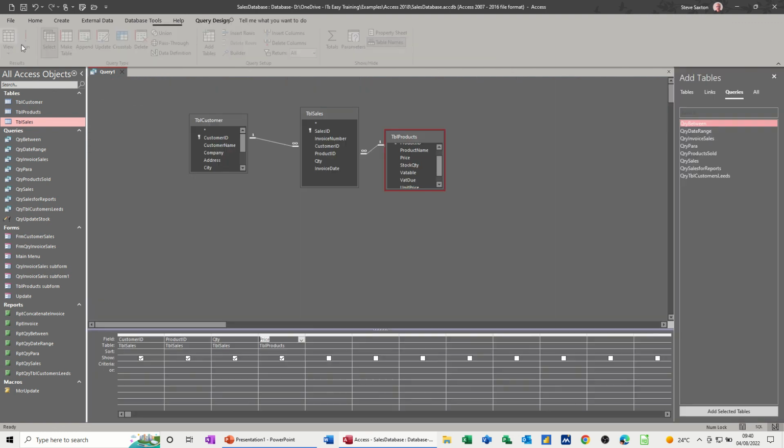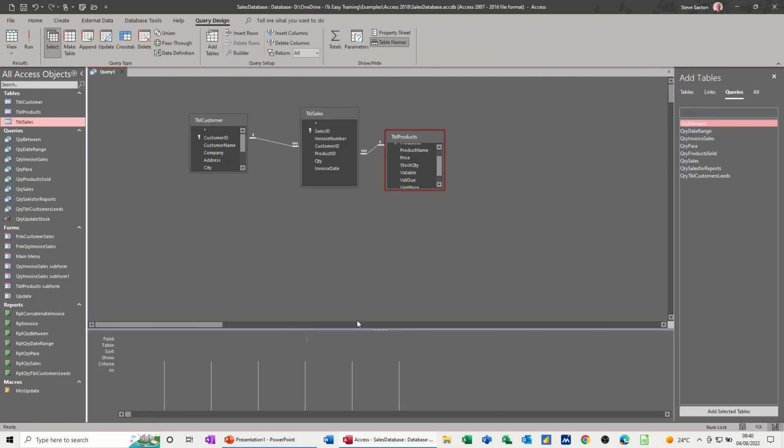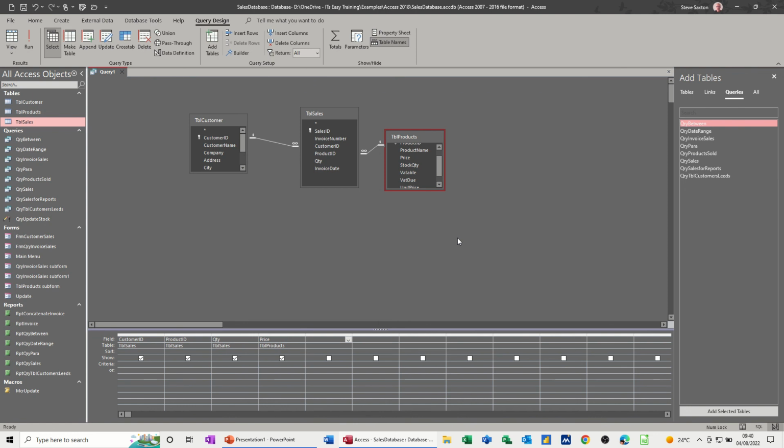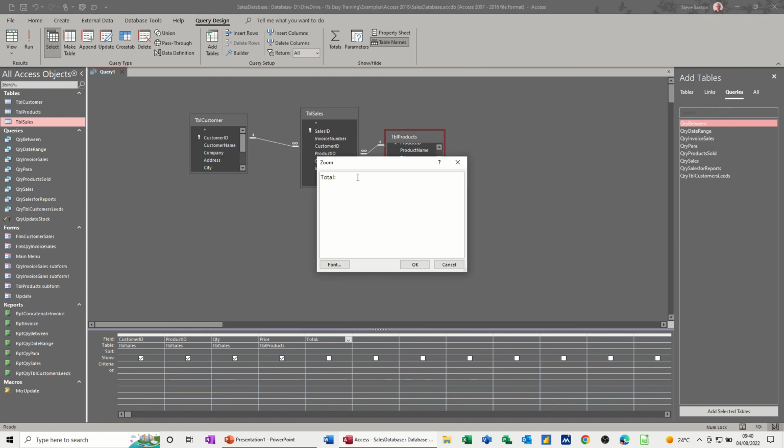So I'll try that one. So it's going to be in there. I'll just go, I'll call it total. Can I call it total? I think I can. You can't call it anything that's already got a field name. I'll do Shift F2 so you can see what I'm doing. So total is going to be